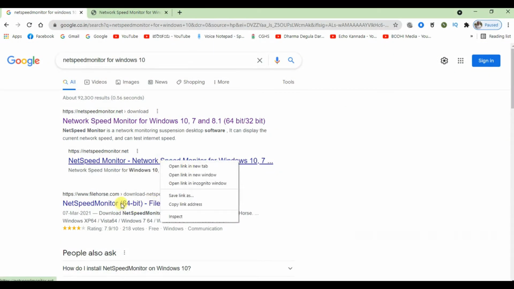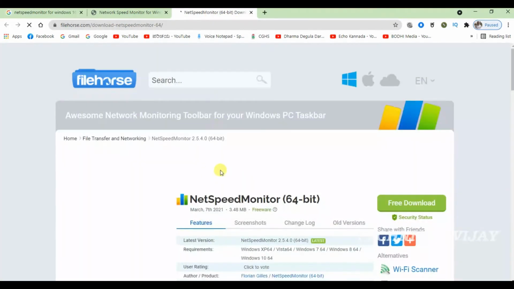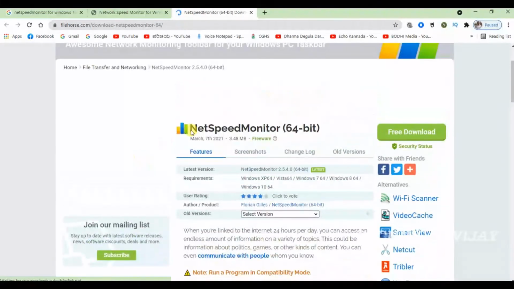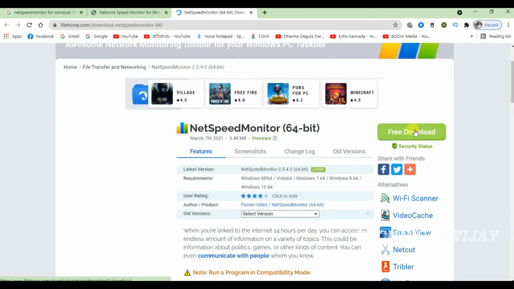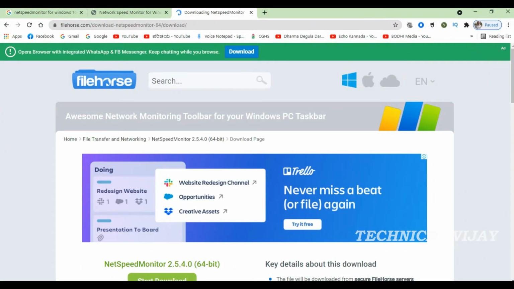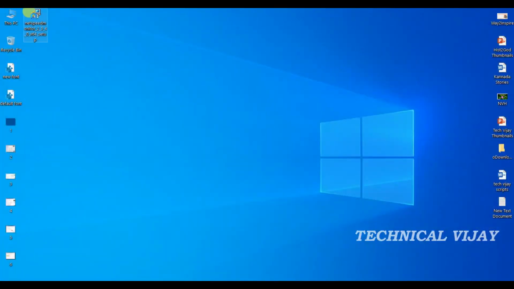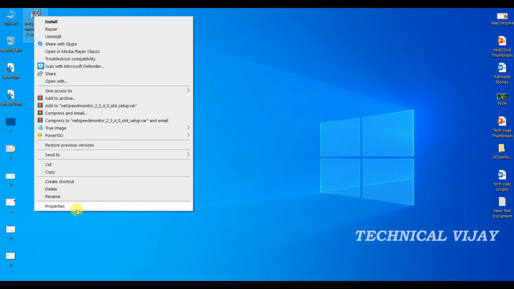To start with, first download NetSpeed Monitor from the link given in the description. The software is free to use and needs to be installed in compatibility mode on Windows 10 or Windows 11. Once it is downloaded, click the setup and install it normally.